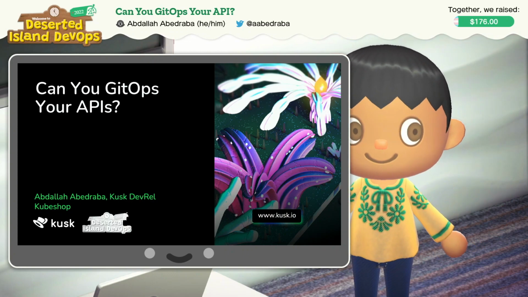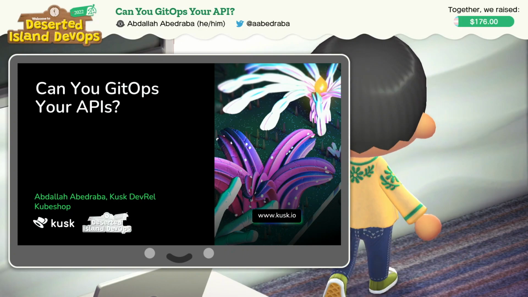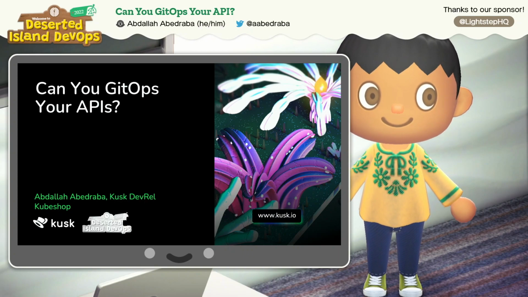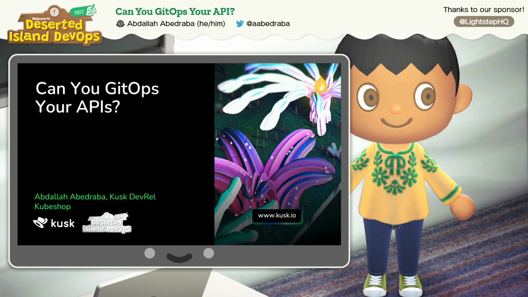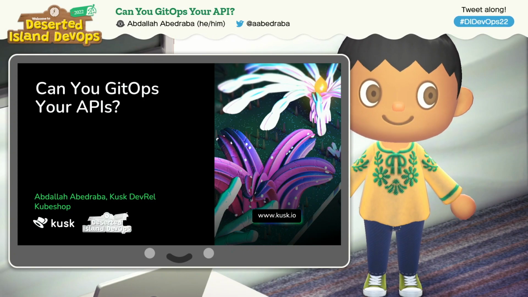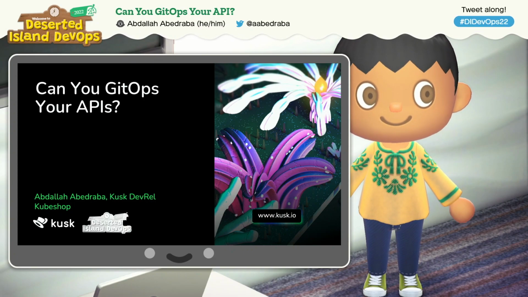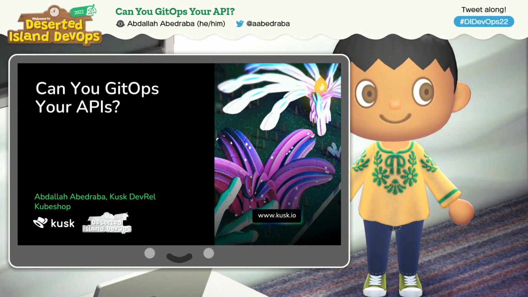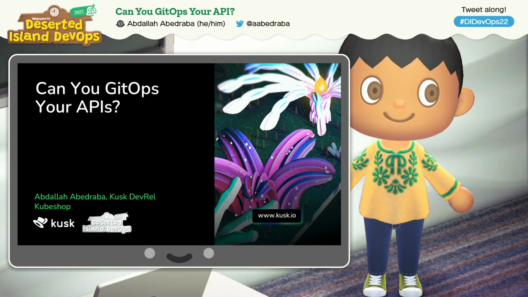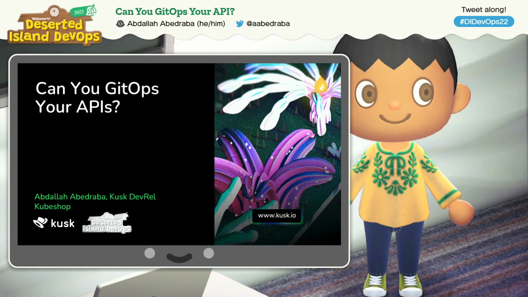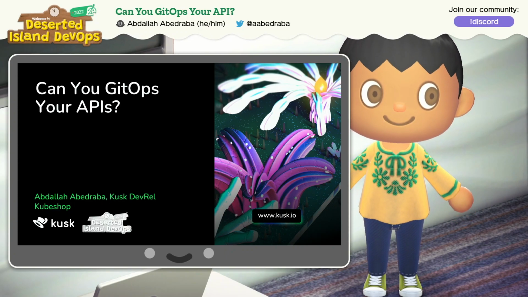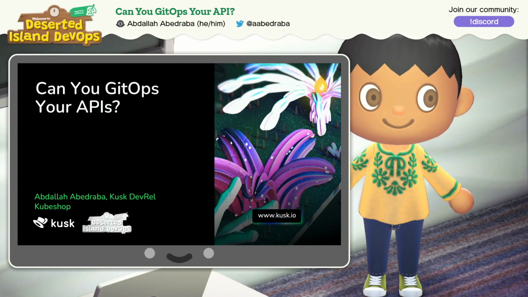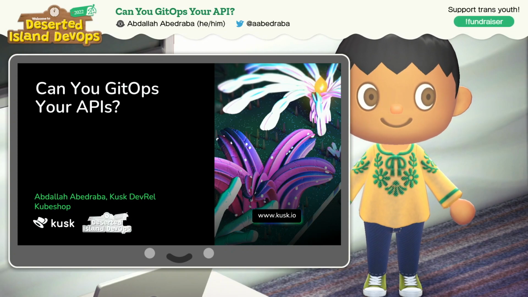So yeah, today I'm going to talk about if we can GitOps the APIs. And I think the answer of that is actually pretty obvious. We're software engineers, and we must be able to achieve whatever we want. But what I want to get out of this presentation at the end of the day is how we can actually build better or greater APIs than what we already have. And we all talk about the Stripe API, the Twilio API as being such great APIs, but what makes an API great? Is it the documentation, the experience, or the right abstractions? And hopefully, with the proper tooling to build these APIs, you can achieve that experience.